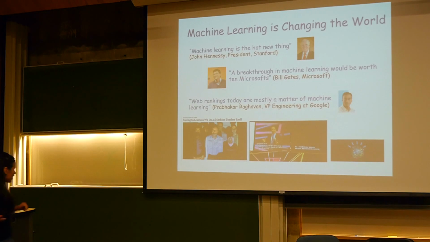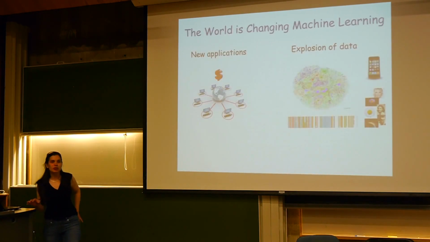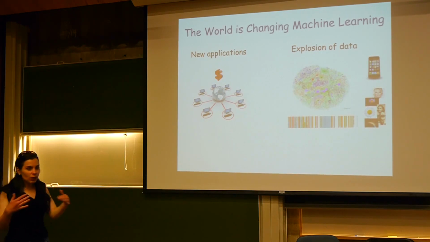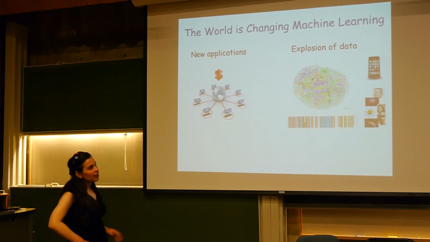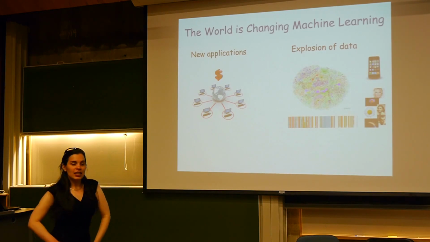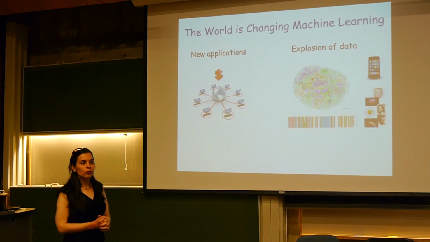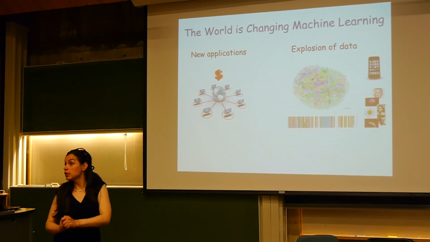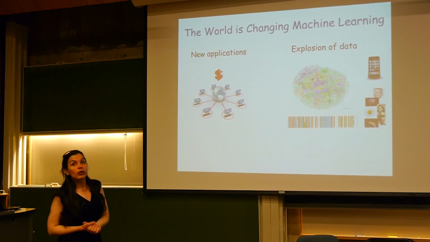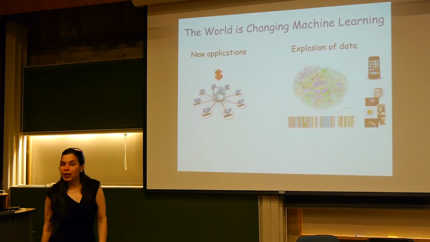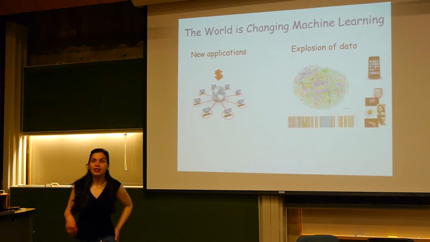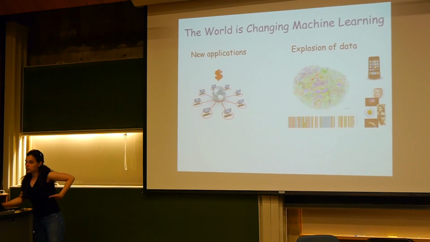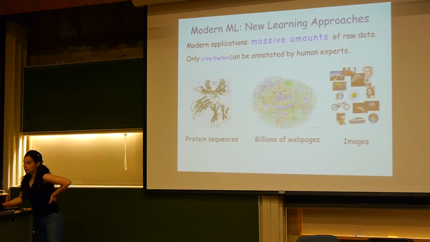But I also think, and I guess Tom thinks so, and many of us think so, that machine learning has changed the world, but the world is changing machine learning too. Okay, and in particular, the wide variety of new types of applications and the explosion of data have really forced machine learning to very quickly evolve and significantly expand its basic set of tools and approaches. Okay, so some of the tools that we've talked about in our class are very basic tools. But there is a lot of exciting activity in machine learning that goes beyond those basic tools. And this is where the current research is and what's needed for the next generation.